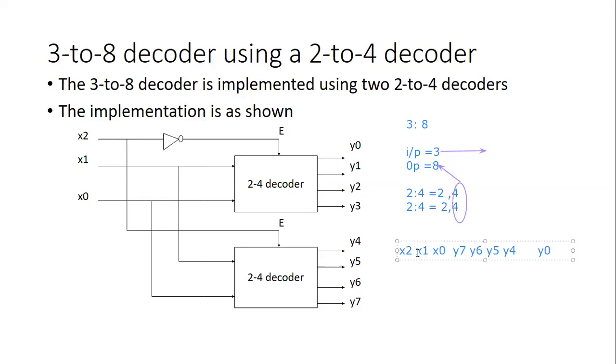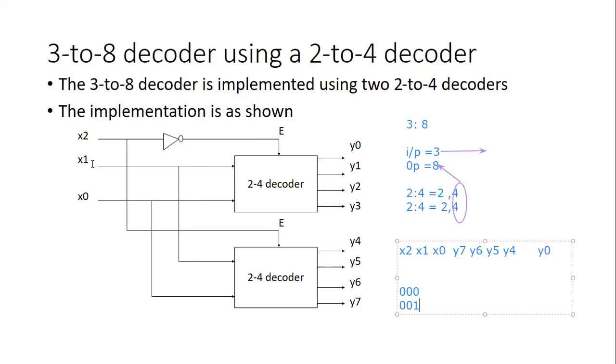If you can see, you will get 8 combinations over here. A 3 input truth table will give you 8 different combinations for the input. To get these outputs, I require all the 3 inputs. Say for example, if I have to get an output for 0, 0, 0, then I require x2, x1, x0. If I have to get an output for 0, 0, 1, I require x2, x1 and x0. How do I do that? Using a 3:8 decoder using 2:4.